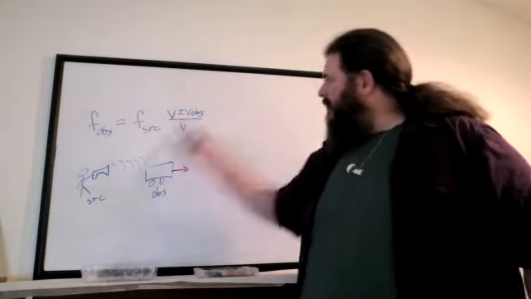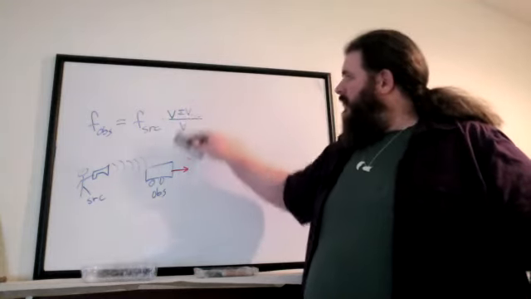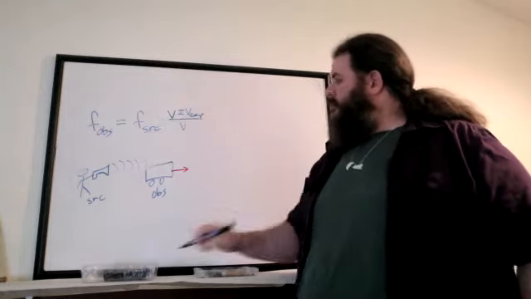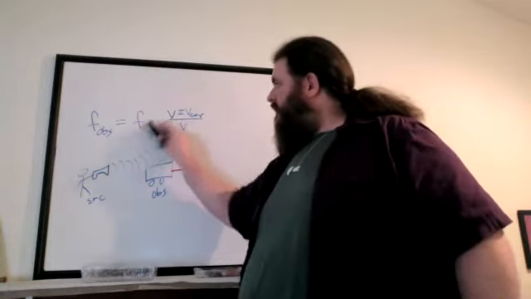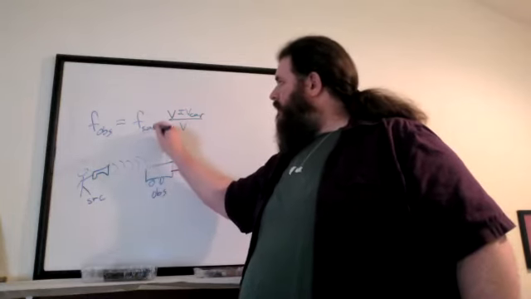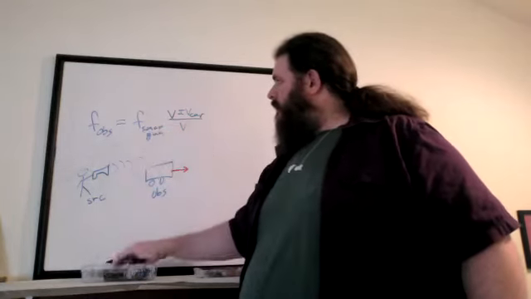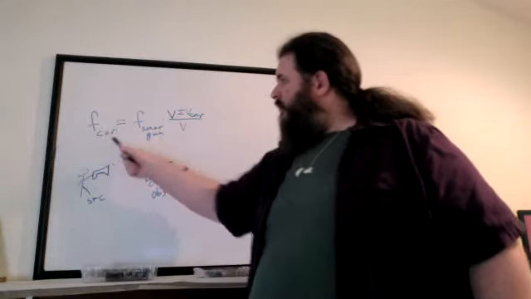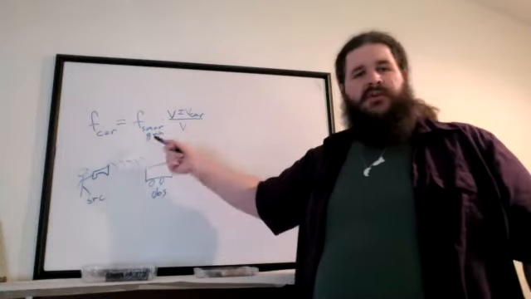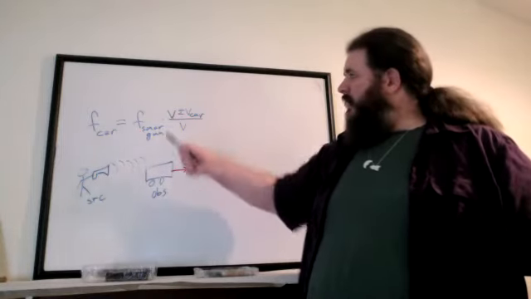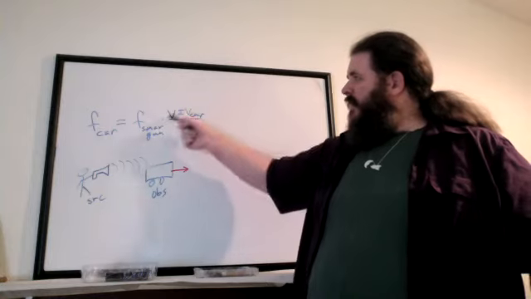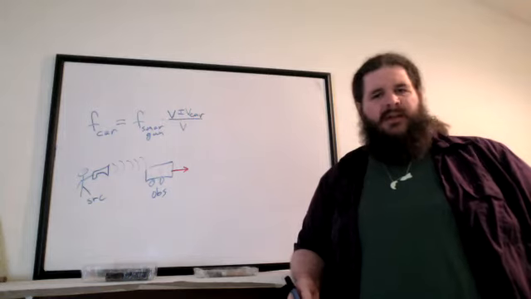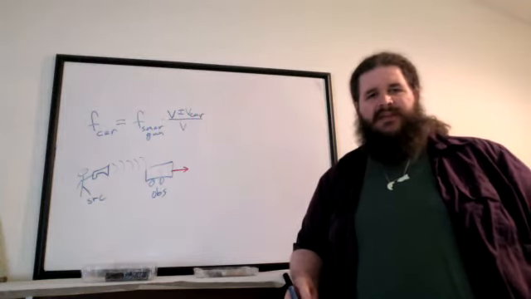So if we start labeling these, the observer is the car here. So this is the car. The source is the sonar gun. And the observer, again, is the car. So the frequency observed by the car equals the frequency produced by the sonar gun times speed of sound plus or minus speed of the car, divided by speed of sound. And would we be using plus or minus here? How would we make that decision?